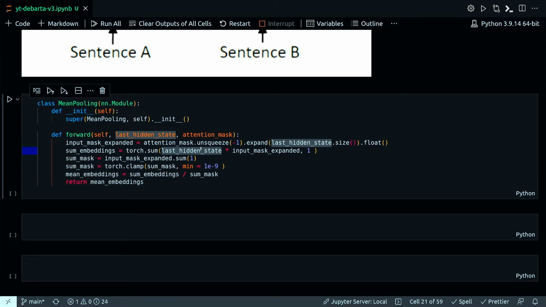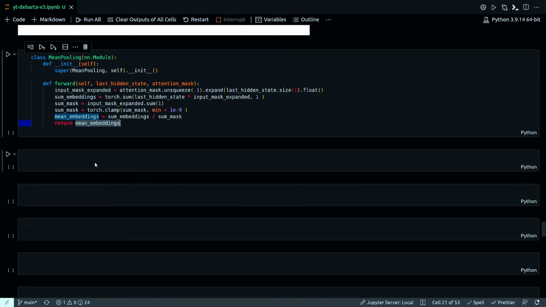The BART model without any heads on top outputs two things: last hidden state and pooler output. This last hidden state contains the hidden representation for each token in each sequence of the batch. So the size of this last hidden state is batch size by sequence length by hidden size. And this last hidden state is the sequence of the hidden states at the output of the last layer of the model. All right, now let's move on to our main class.